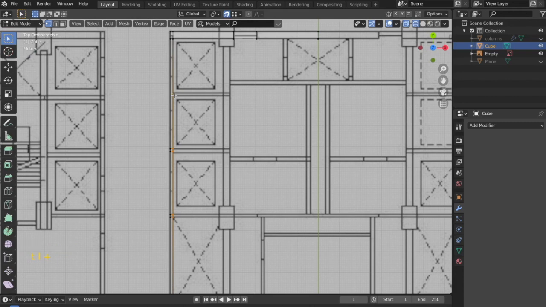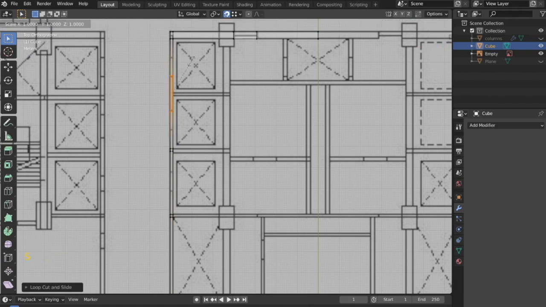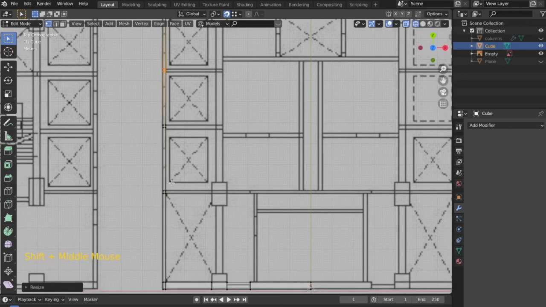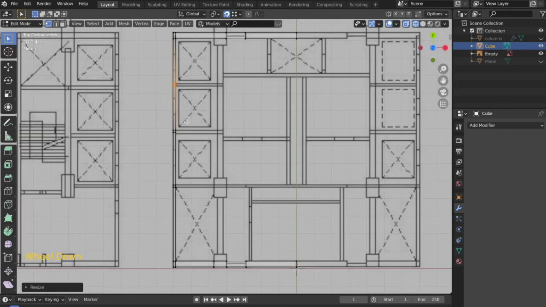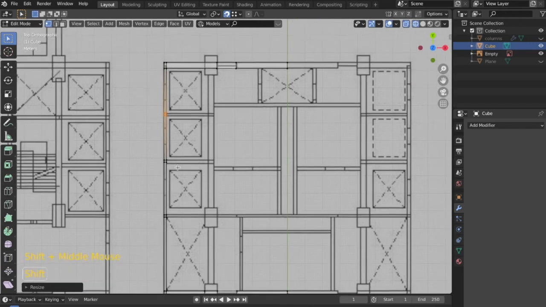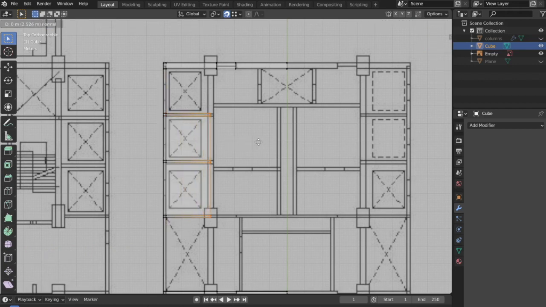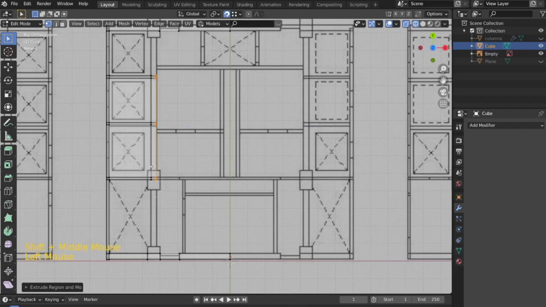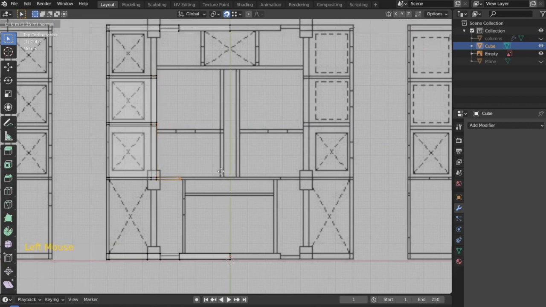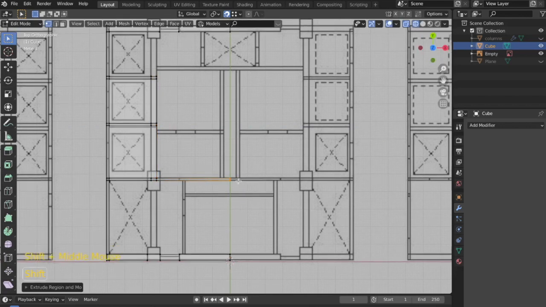I can also bring this wall over here by adding the loop cuts. We could have done it at that part when we were extruding this wall, but I also wanted to show you how you can add them later using loop cuts. So now that I have selected this, I can extrude it over here and bring it till this point, and then again bring it till this point. Now over here, if you want, you can extrude it till this and then snap it to this.